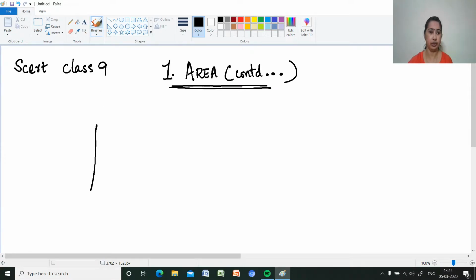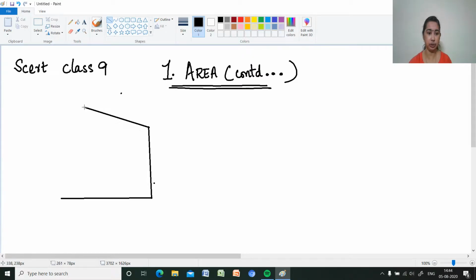So let me take the ruler and compass. These are all you need for drawing the construction. Construction means it should be done properly. First I am going to draw a polygon. Polygon means a quadrilateral. So this is one side of a quadrilateral. Here I am not taking measurements, we'll do that after this. First we'll study how to convert a quadrilateral to a triangle of the same area. So this is a quadrilateral.